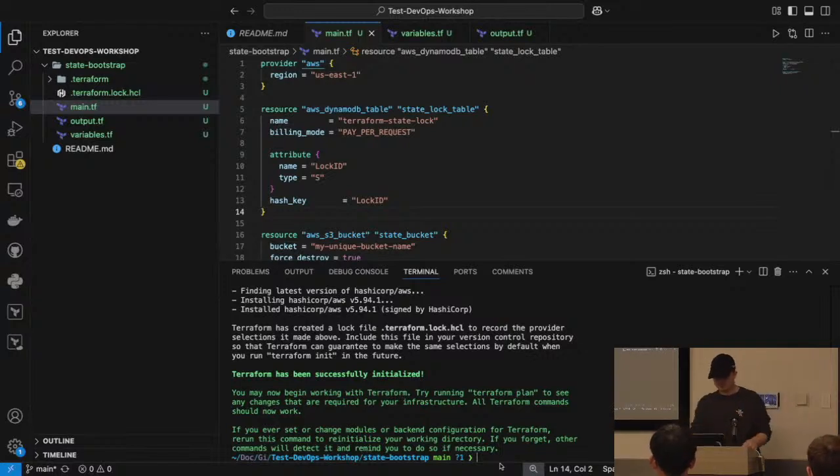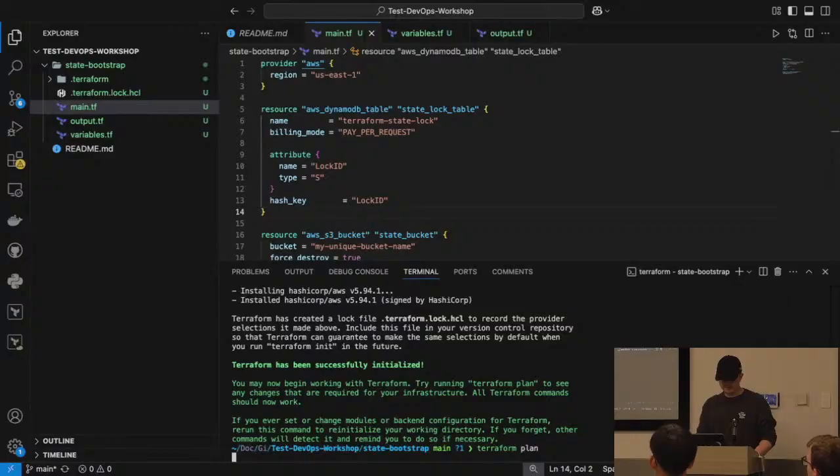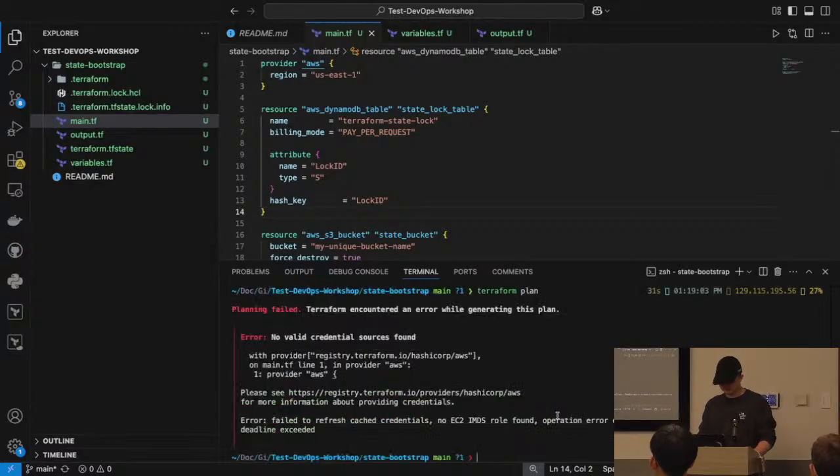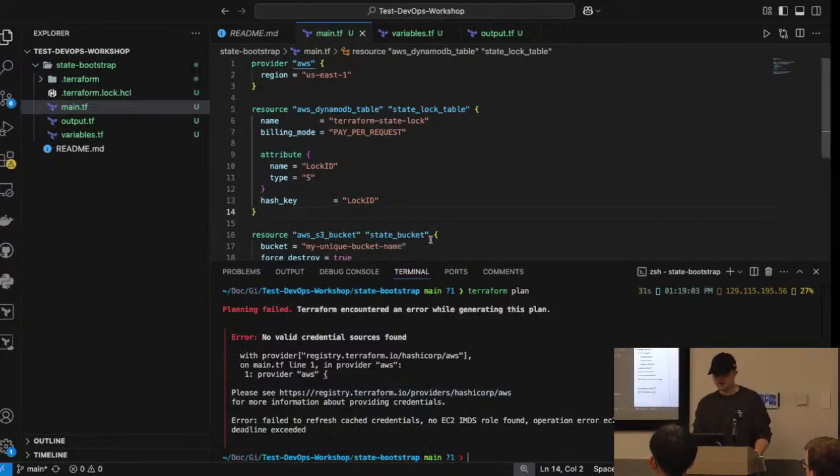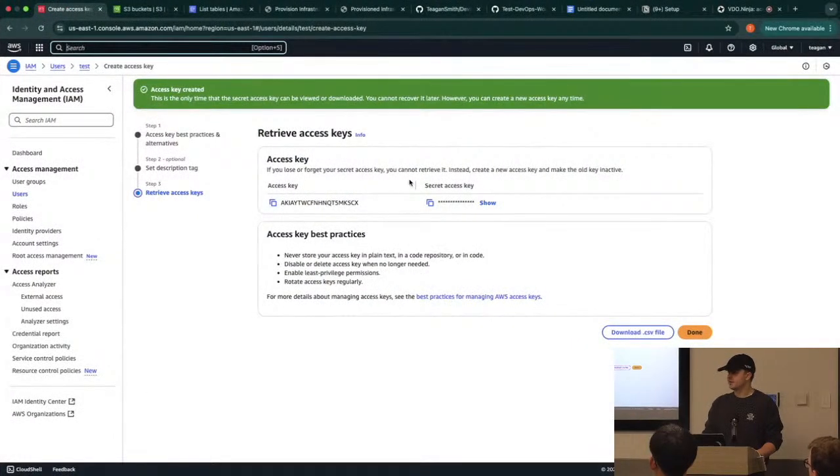Okay, perfect. And so now what's going to happen is you can run something called terraform plan, which essentially lets Terraform show you what infrastructure changes are going to be made. And you're going to see here, we're going to get a pretty bad error. Hopefully, if it works, it actually might work because I haven't reset my environment. Okay, perfect. Awesome. So you can see, and this answers your question from earlier, we don't have the credentials here. Terraform tried to access AWS, and it's like, hey, I can't actually make anything, right? And this is where this information that we made earlier comes in handy.